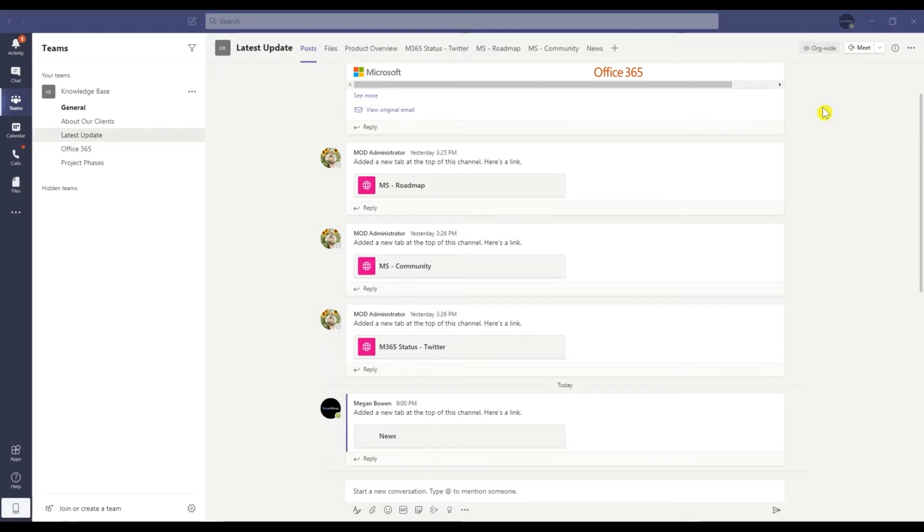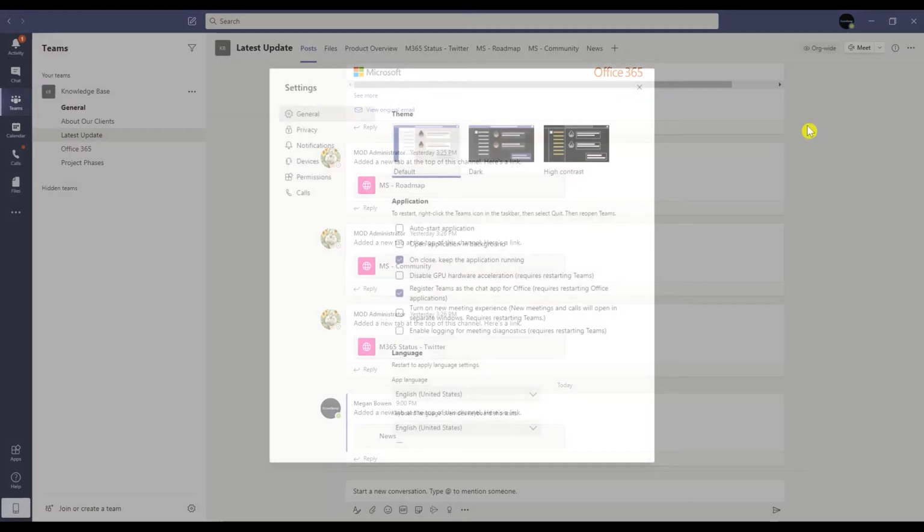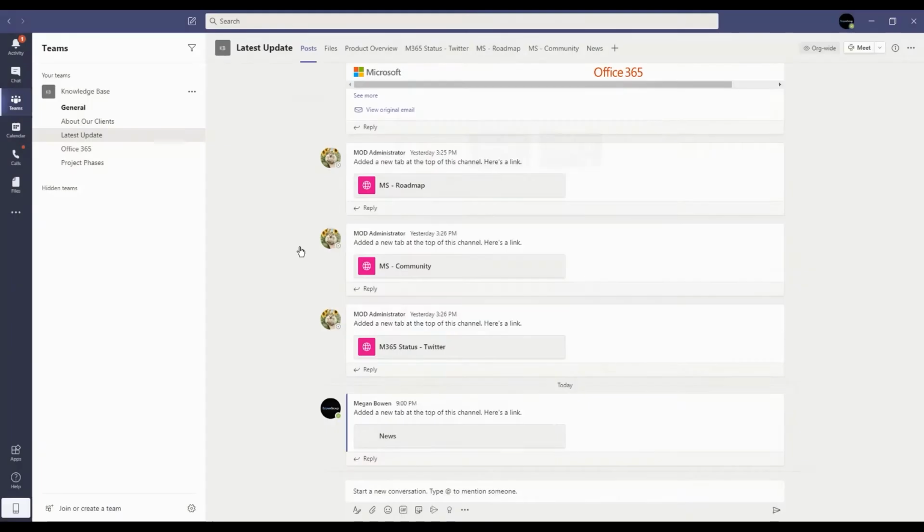So to turn on the new meeting experience, we're going to go back again to our profile image, select Settings, and now you should see an option to turn on new meeting experience. We're going to go ahead and select the checkbox to turn this on. Some Microsoft Teams environments may require you to restart your Teams. Once you have completed restarting your Microsoft Teams, the best way to test it is by going to the calendar,